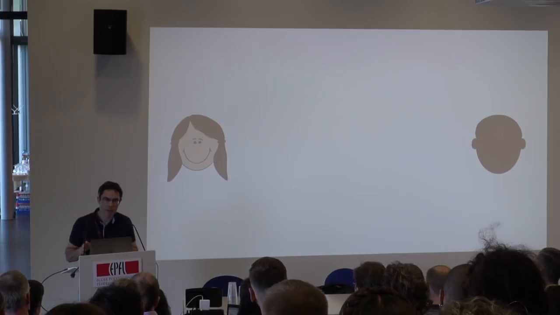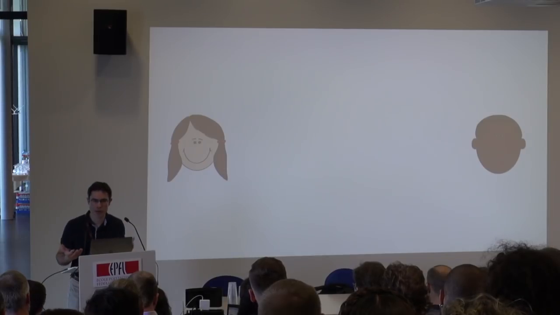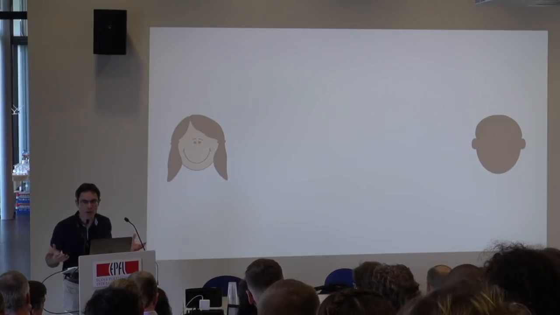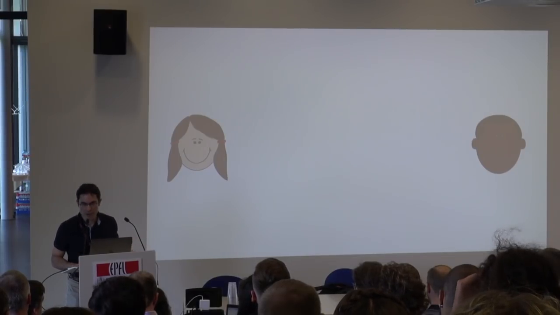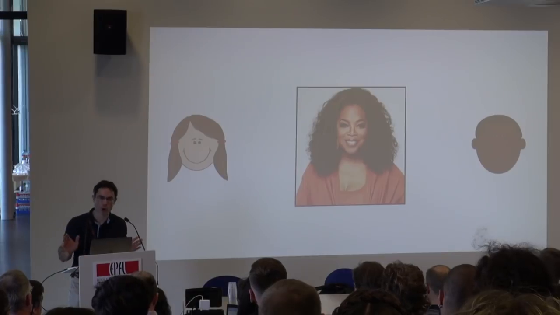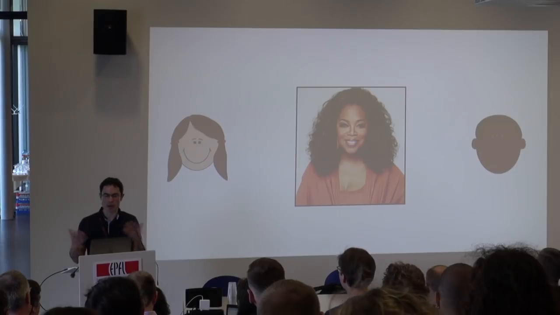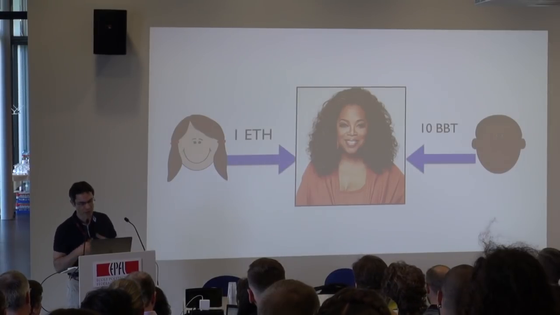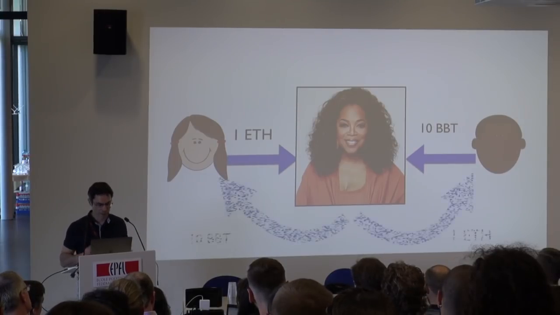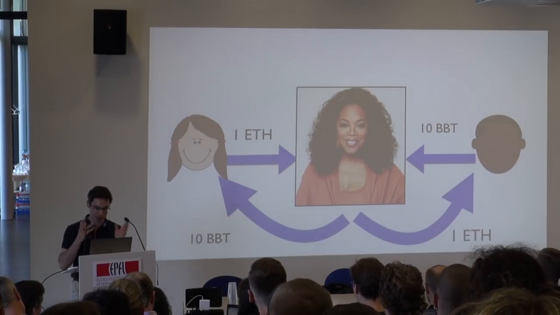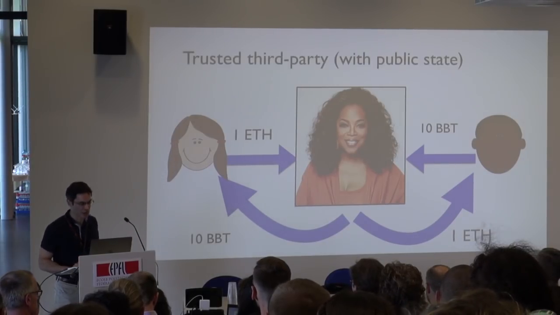Ideally, what Alice and Bob would like to be able to do is appeal to, say, a trusted third party, somebody whom everyone in the world trusts to behave in an honest and even and open-handed manner. In other words, what they really want is a kind of digital Oprah. Because if Oprah were available, this problem would be easy. Alice could send her ether to Oprah, Bob could send his bubble tokens, and then Oprah would fairly redistribute these assets. She'd send the ether to Bob, the bubble tokens to Alice, and we'd be done. We'd have a fair exchange effected.